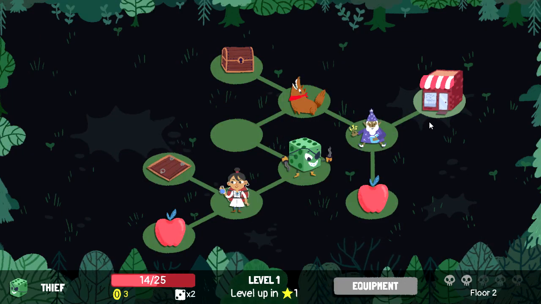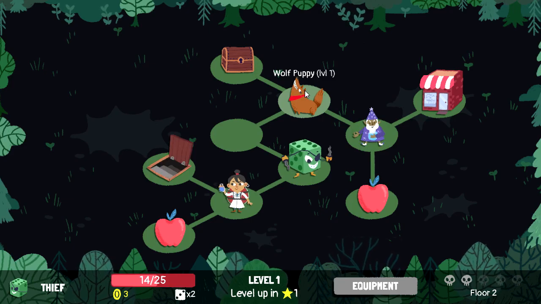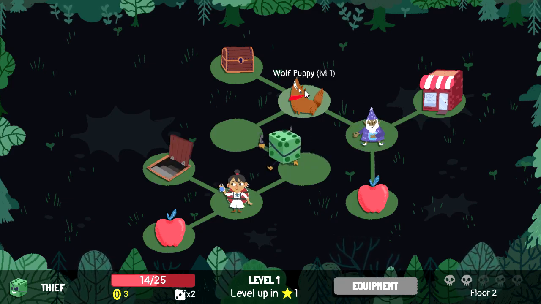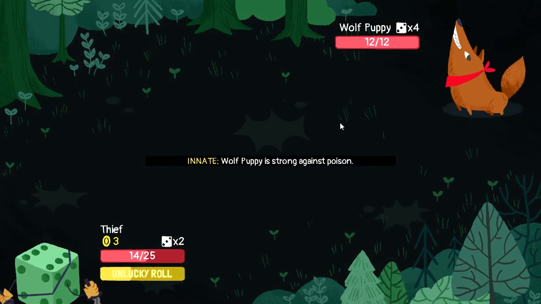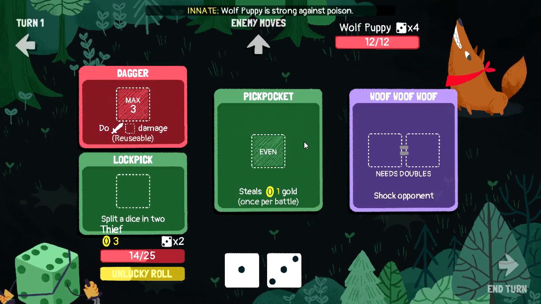It's a very bad start. I'm a little bit concerned. I'm going to be honest with you. Tiny bit concerned. Okay. I think you got to fight the wolf puppy first. You level up after you kill this guy, which gives us full HP. We got to survive this fight, and then I think we're good for at least this floor, but allow me